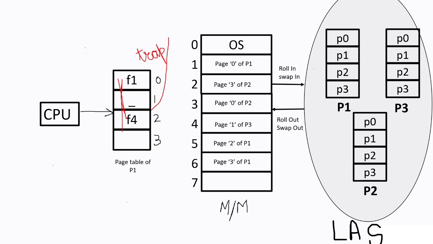So trap is raised. Trap to OS. The hardware immediately traps to the operating system, suspending the current process temporarily. So the current process is suspended temporarily. Now the control which was with the CPU, now this control from user,